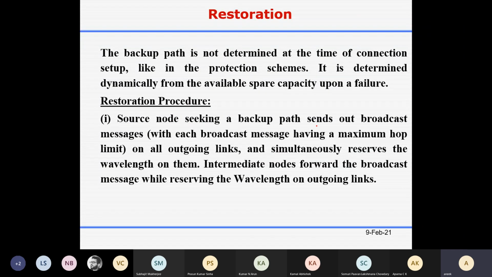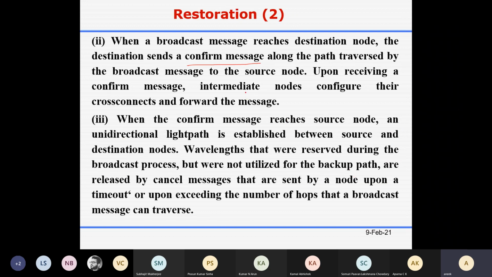Source node seeking a backup path sends out a broadcast message. So this message is the broadcast message, with each broadcast message having a maximum hop limit on all outgoing links, and simultaneously reserves the wavelength along that path. Intermediate nodes forward the broadcast message while reserving the wavelength on outgoing links. When a broadcast message reaches the destination node, the destination sends a confirmed message along the path traversed by the broadcast message to the source node, because the destination node can see along which path the message comes.